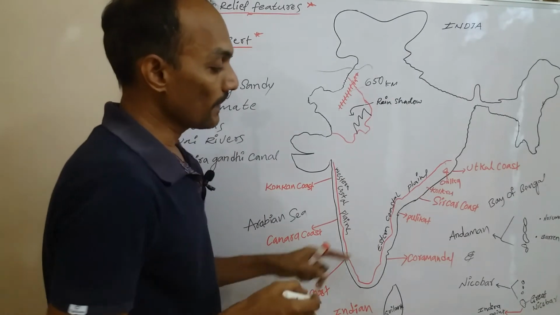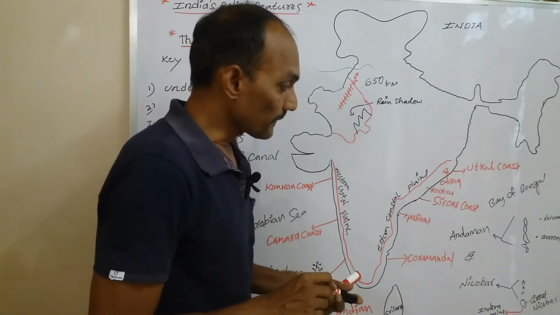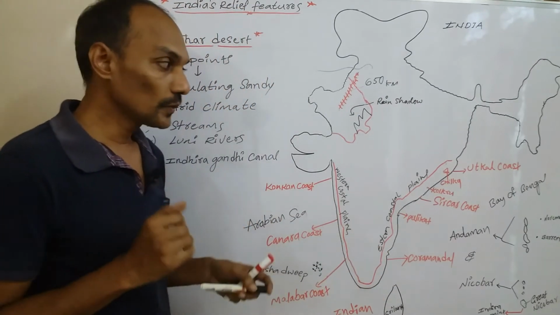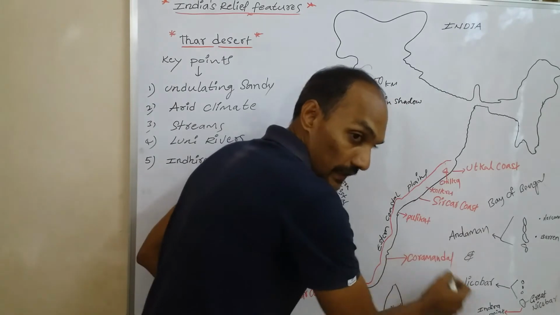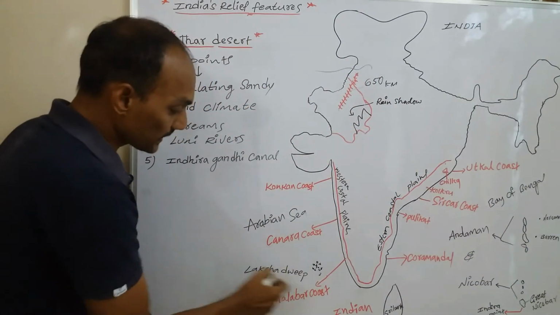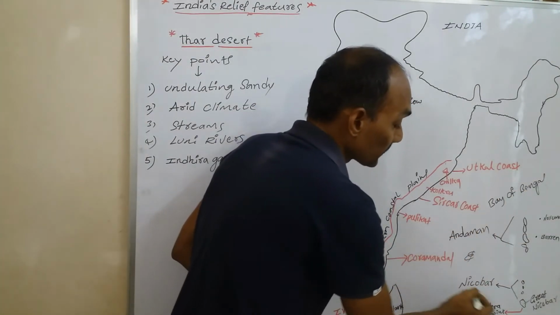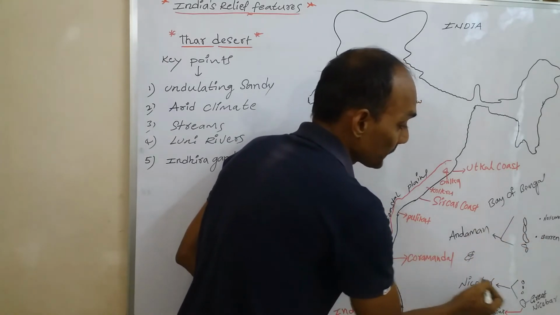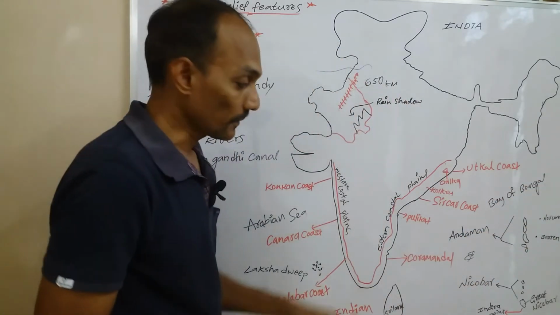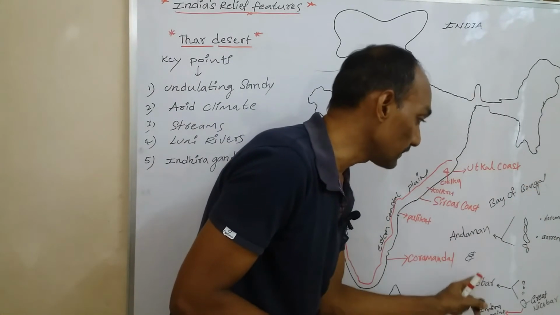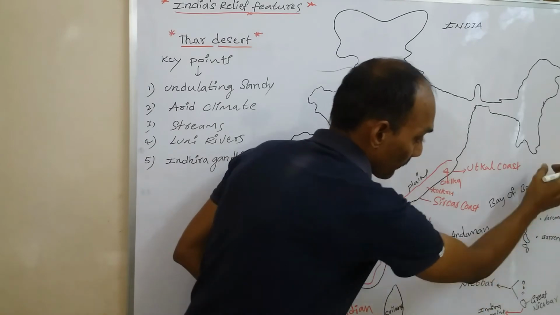Next, move on to the Andaman and Nicobar Islands and Lakshadweep. There are two groups of islands in India. They are the Andaman and Nicobar Islands in the Bay of Bengal and the Lakshadweep Islands in the Arabian Sea. The Andaman and Nicobar Islands originated from submerged mountains, the Arakan Yoma mountains, which run from Myanmar.